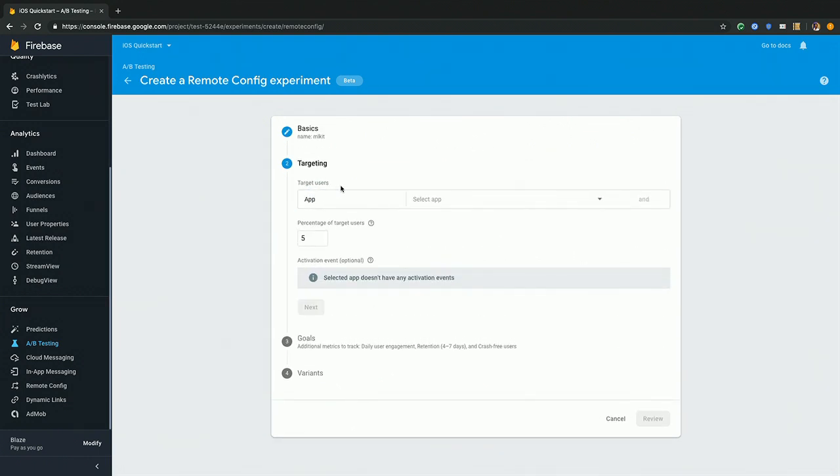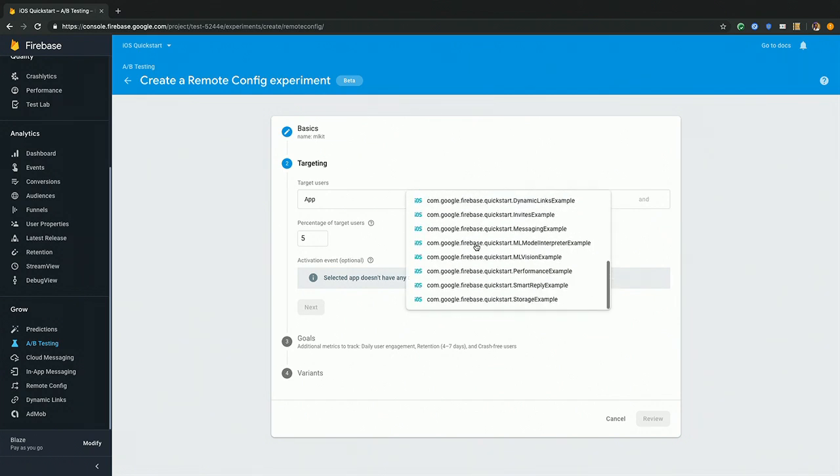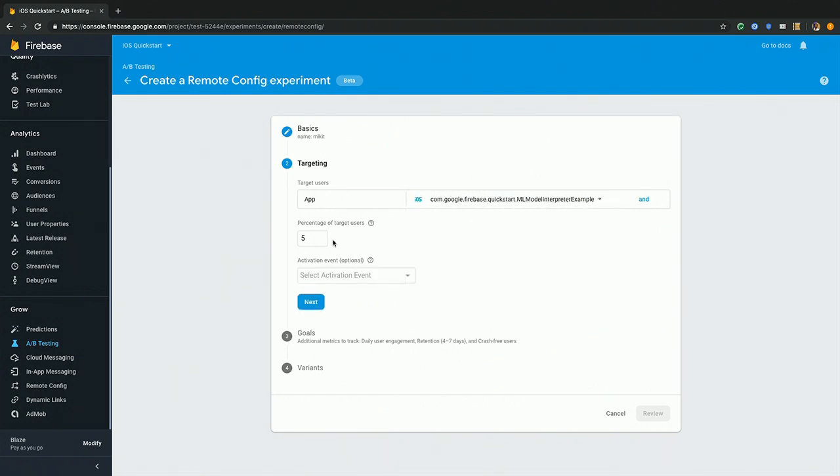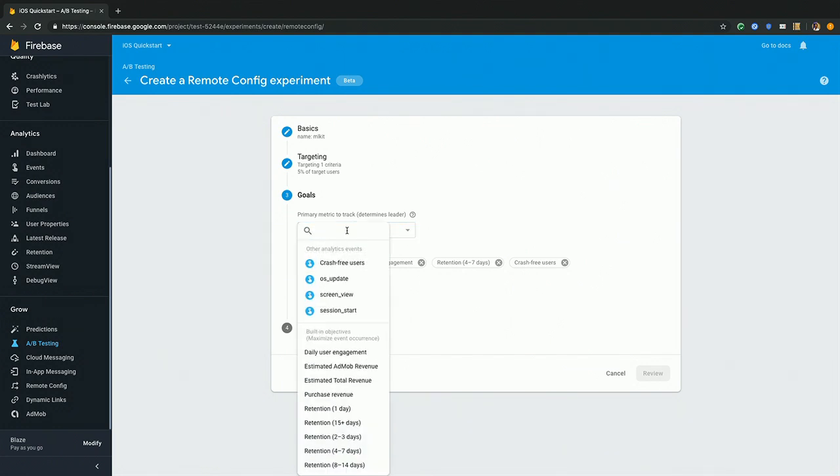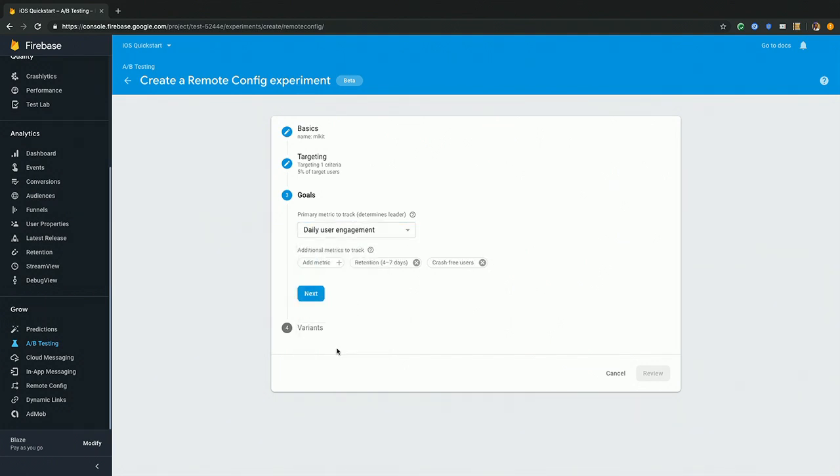Here, I will be selecting my app. For the sake of example, I'm just going to say 5% of target users, to whom I'll be rolling out my new model. And I want to have some goals so I can track metrics to see if my new model is successful. Let's say daily user engagement, one of the common goals, the most used ones here.